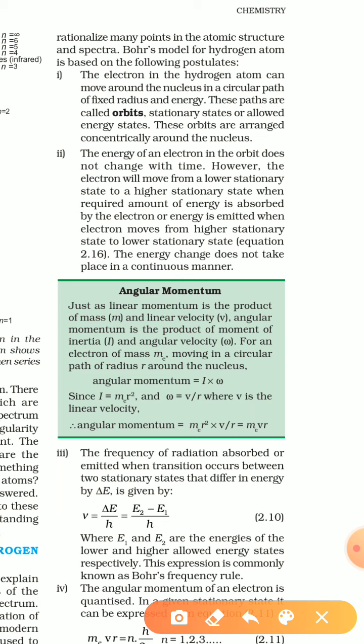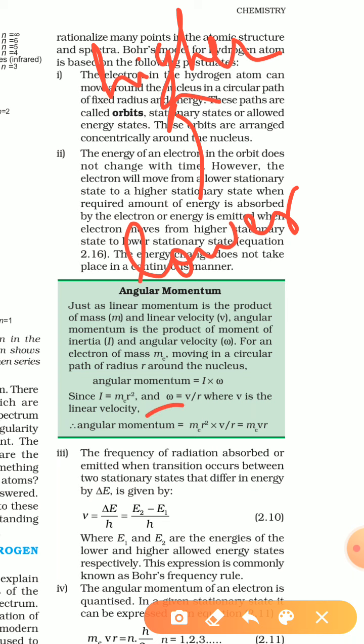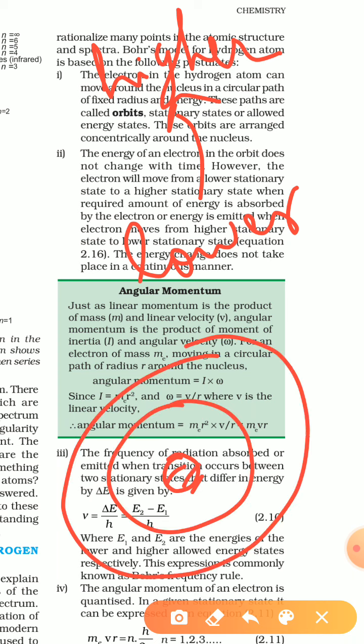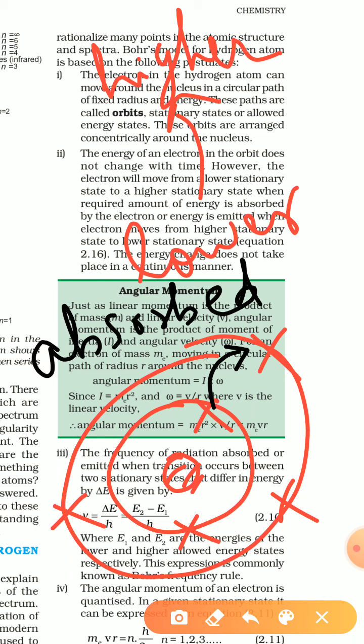When the electron moves from a lower orbit or lower energy state to a higher energy state or higher orbit, for example, if you have an electron here and this electron wants to move from a lower energy orbit to a higher energy orbit, definitely in such scenarios you are going into a higher energy level, right? So if you want to go into a higher energy level, you must have some energy absorbed in you.